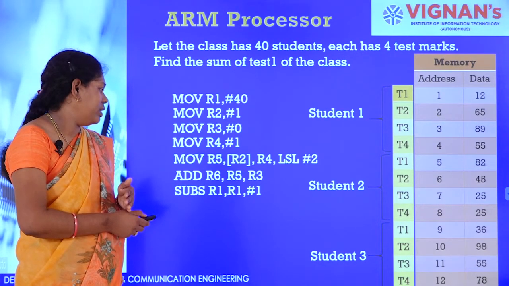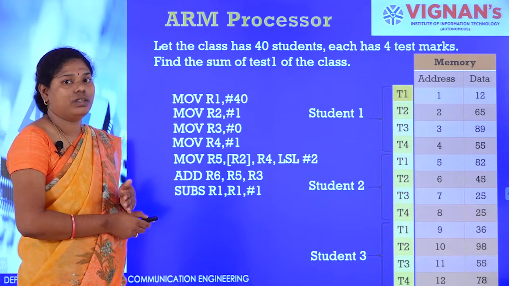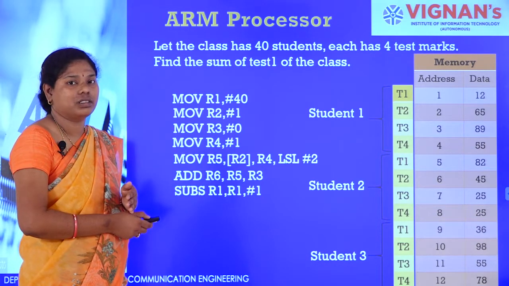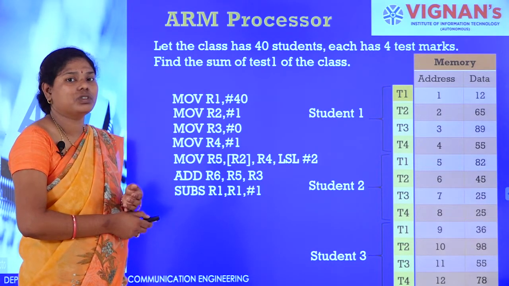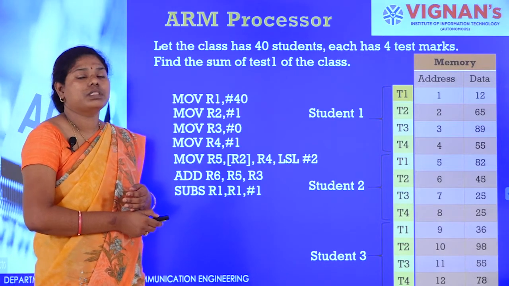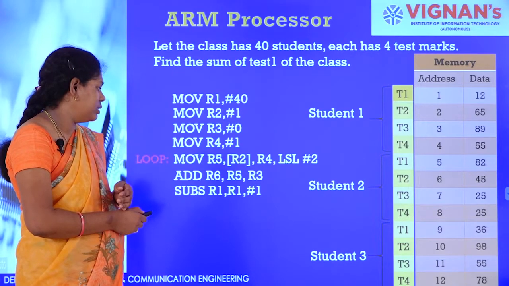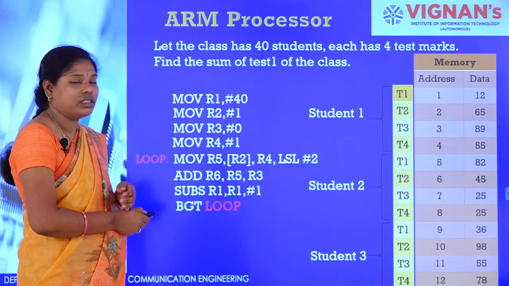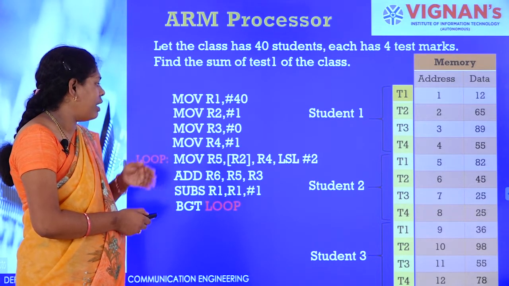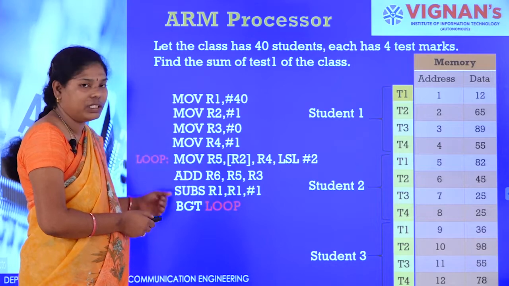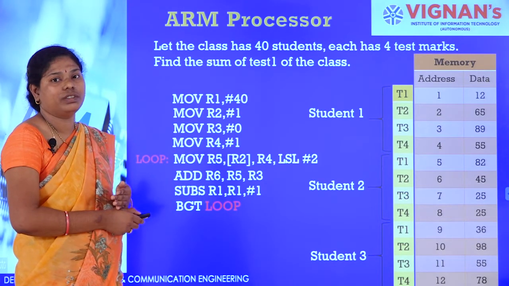So, subtract S indicates affect the flag. Okay, CPSR, already we discussed, current program status register. The effect of the instruction will be stored in the current program status register. Here if R1 is greater, it will branch, branch if greater loop, it will loop again to copy the data, at the same time next add. Okay, with this we will get the accumulation of sum.